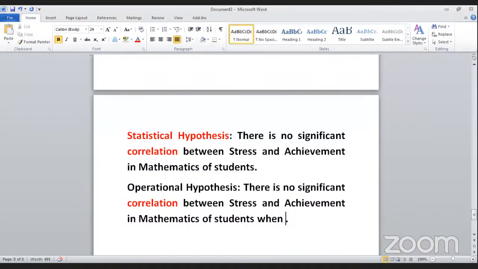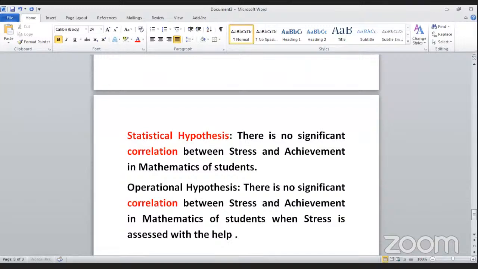So when stress is, I am writing here in present tense, stress is assessed with the help of the stress scale by Bobby,